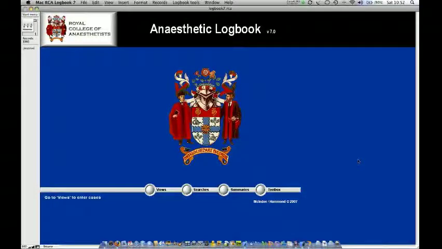Hi, welcome to this video tutorial on using iGasLog. In this tutorial we're going to be looking at how to import data from your existing Royal College of Anaesthetists anaesthetic logbook into iGasLog and vice versa, and then how to therefore export data from iGasLog back to the anaesthetic